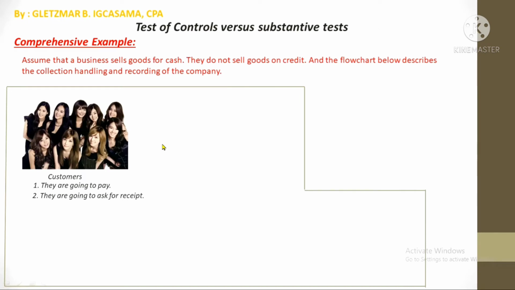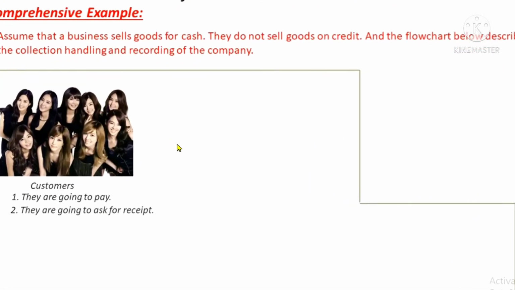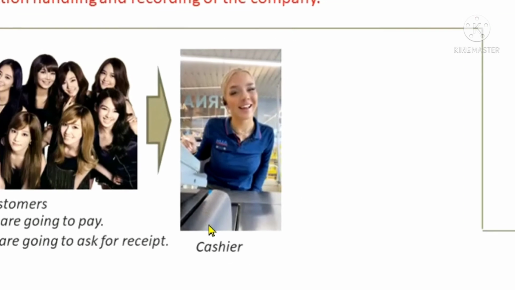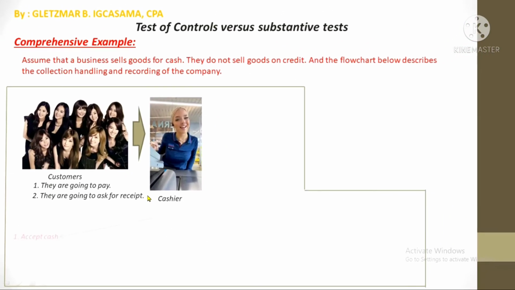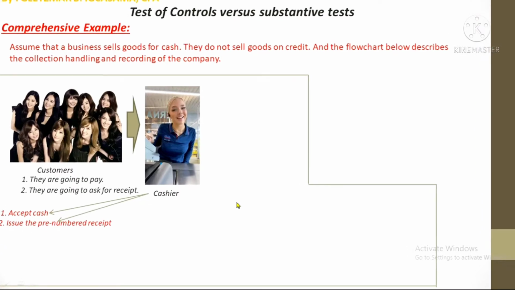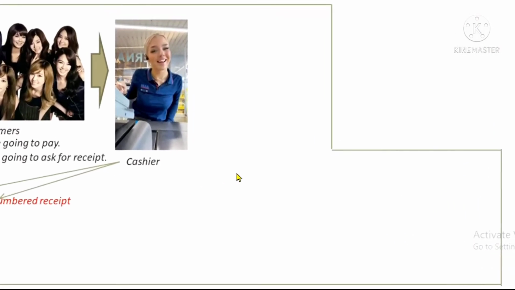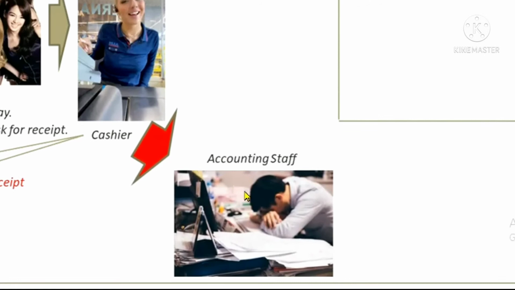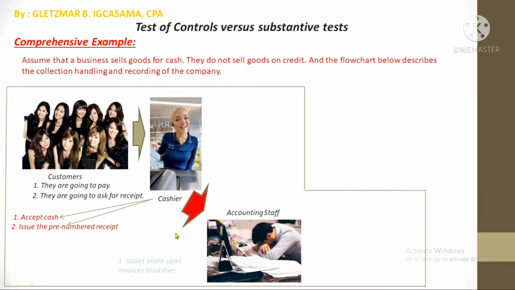Now, let's go to the next person. We have here the cashier, who is the one who will collect the money from the customers and will give the official receipt or sales invoice. But as the auditor, you have learned that an accounting staff is the one who issues the blank stubs of official receipts or sales invoices to cashiers, and the one who keeps the duplicates of official receipts and sales invoices